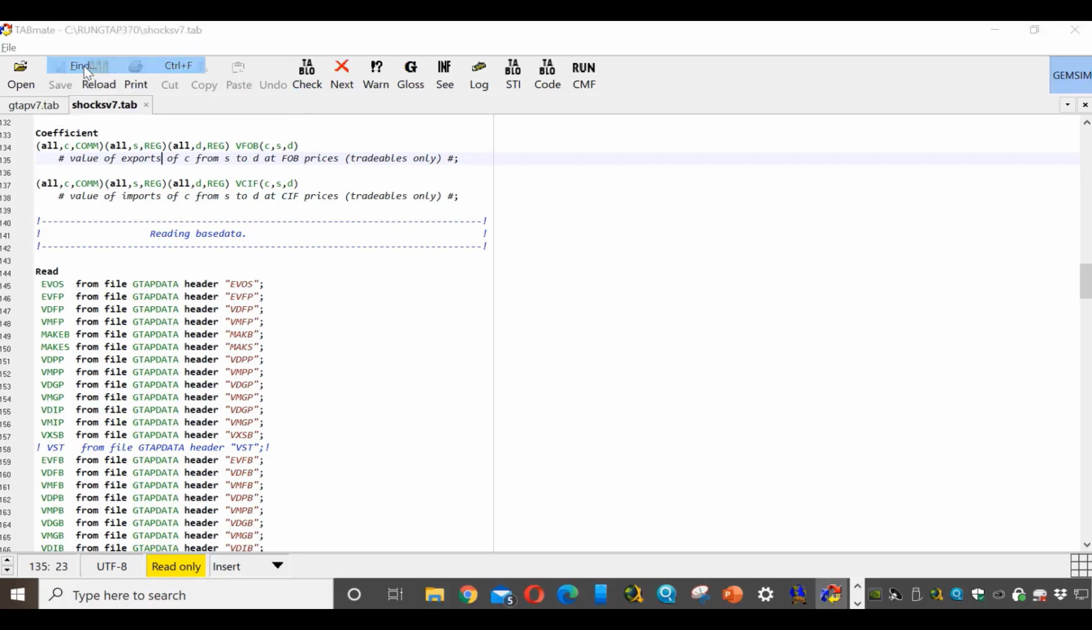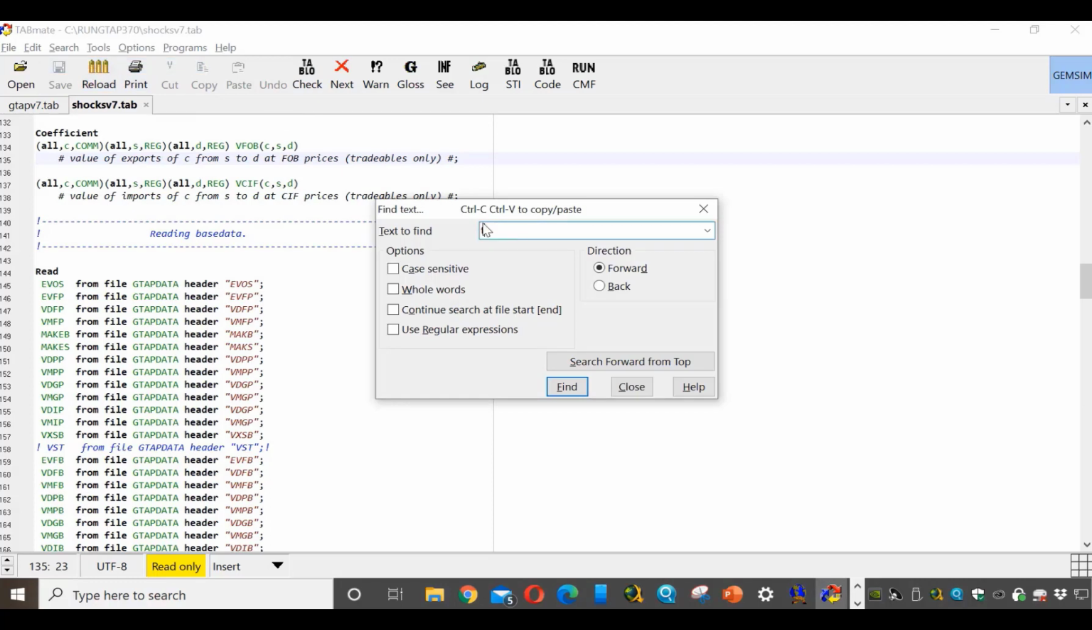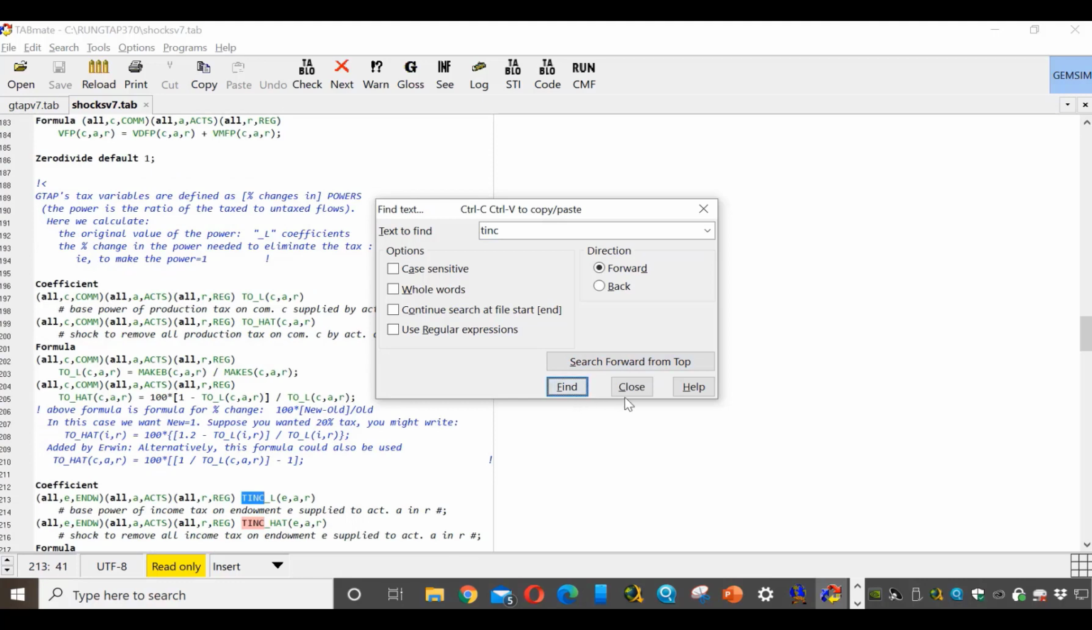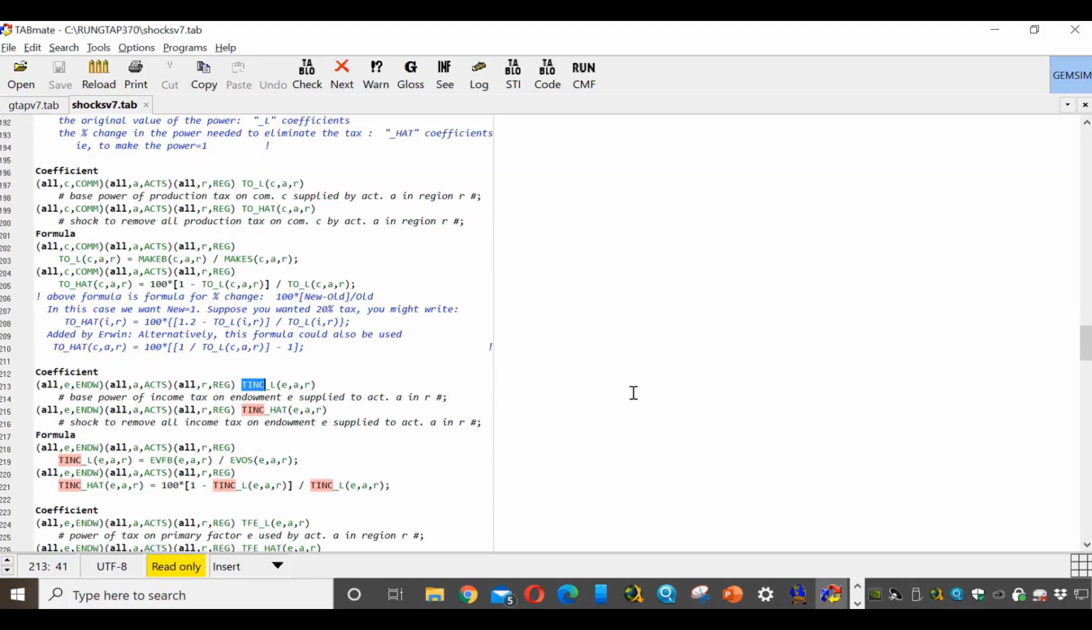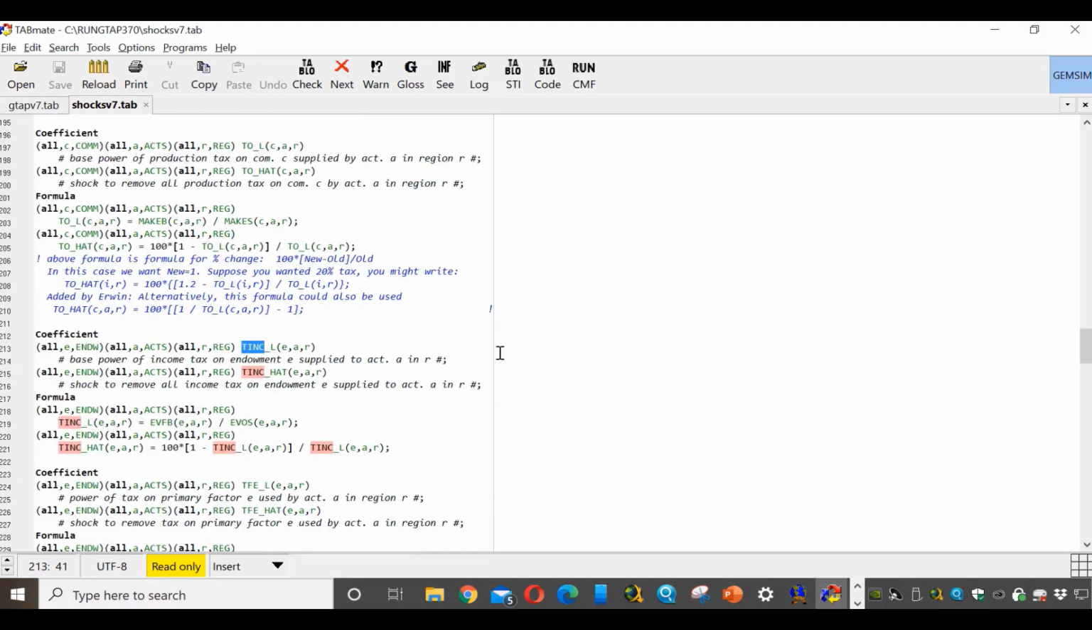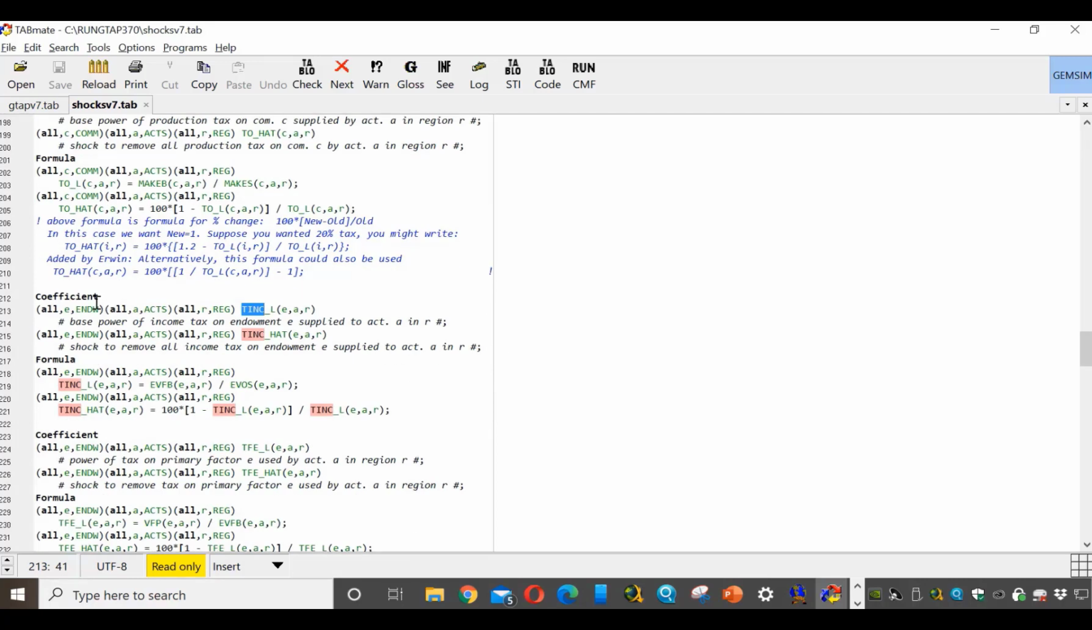But I'm going to go with search find TINC, search forward from the top, and you'll see that I get to a set of information here. So a coefficient, and I knew what I was doing, but two, it took me right to where I wanted to be with something that's actually called